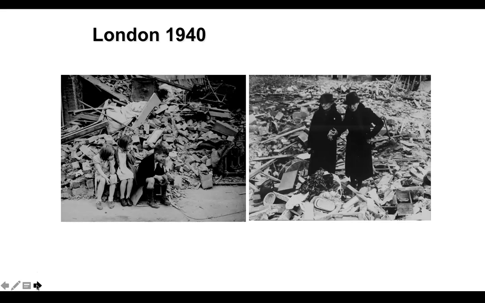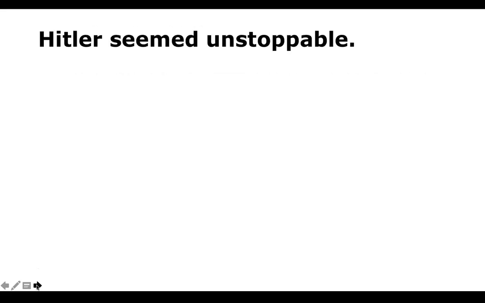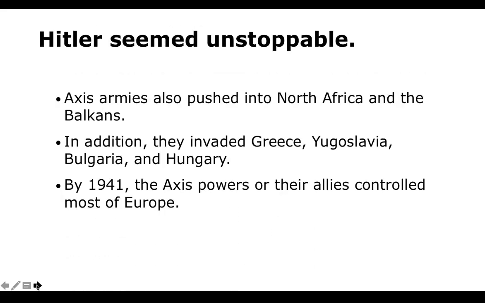But life was definitely disrupted during this time period, and people tried to go on with their business as best they could. So overall, Hitler pretty much seemed unstoppable, though. The Axis powers start to really move into North Africa, they go from Greece and take that over, and then they're moving now into North Africa, trying to go through Egypt into Libya. And that would be the Italians and the Germans for the most part.